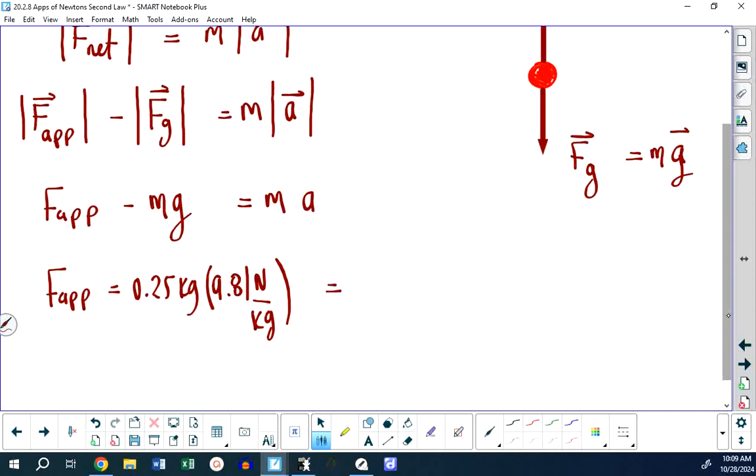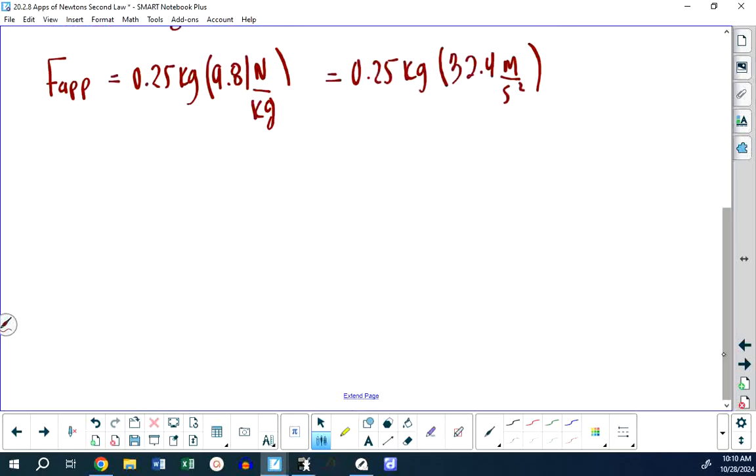Equals the mass, which is 0.25 kilograms, times the acceleration, which is 32.4 meters per second squared. Now, both of these things will give us newtons. And I'm not after just an answer here. I'm after me explaining what's going on. So I would like you to calculate each of these terms separately. The applied force will be equal to,